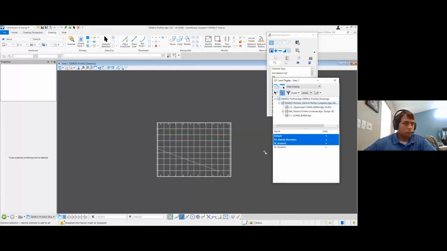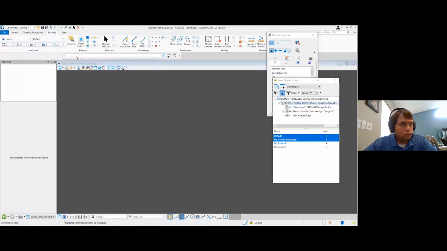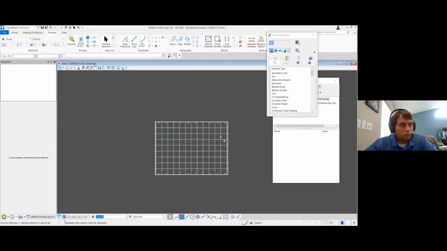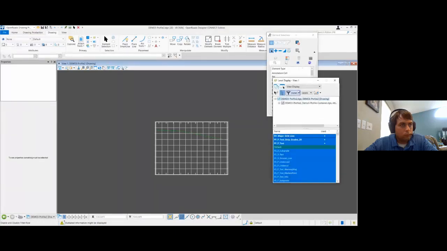So the same goes with plan view. So even though I have that variable on, if I come here and turn off like the scratch 2 variable, if I reload the file, that'll still stay off. And that has the same exact thing with plan view where the global display is controlling that variable. So if you turn it off in the view display, then your view display is taking it over, just like plan view. So that's still working the same way.